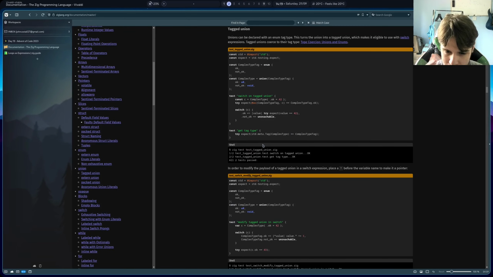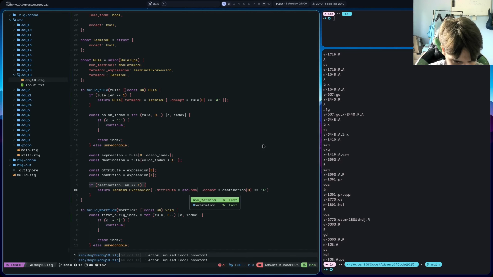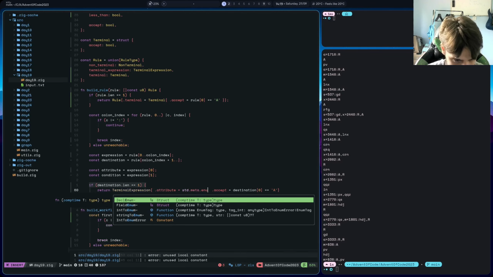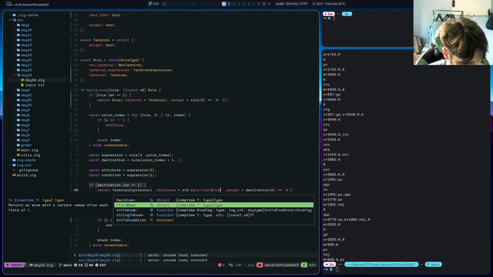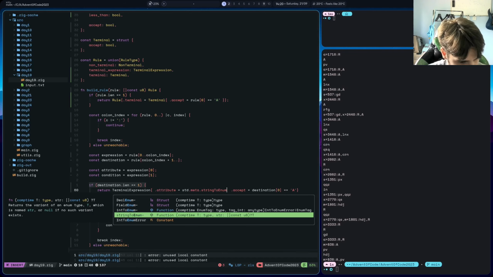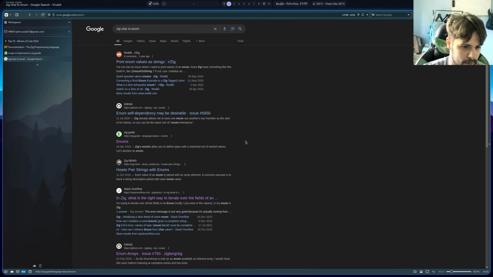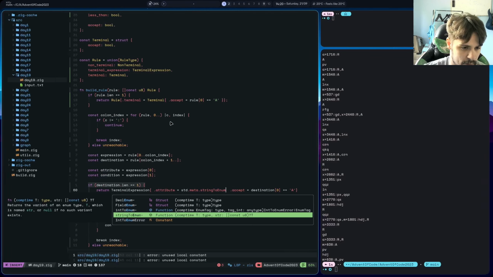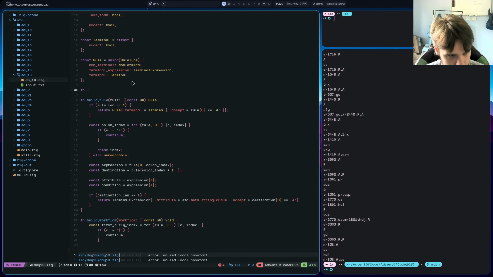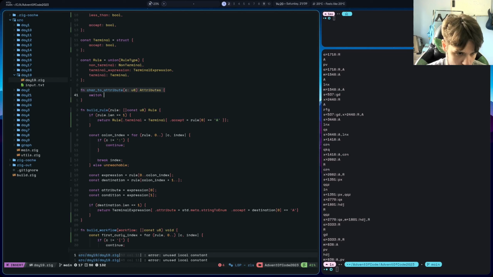what's the thing from Zig, standard dot meta dot enum, is it field enum, returns an enum with a variant name dot reach field into enum, string to enum, Zig char to enum. Actually I'm going to make another function for it. It's going to be char to attribute. It's going to be a char, which is going to be a singular u8. It's going to return an attribute, and we'll do a switch on C,